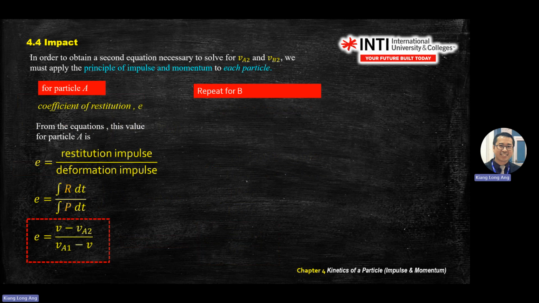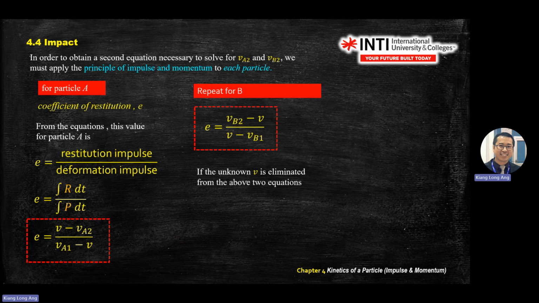So this is for A. A has one set, B has one set. A has one coefficient, B has one coefficient, because different material. Okay, you do the same. So that's why I ask you not to memorize the equation, but memorize or try to understand what is the definition of coefficient of restitution. Don't go and memorize this one. But if you derive the equation, you'll still arrive at the same as what you see on the screen here. Okay, so